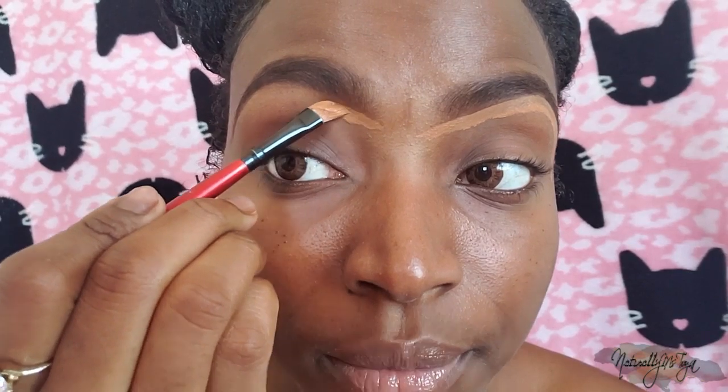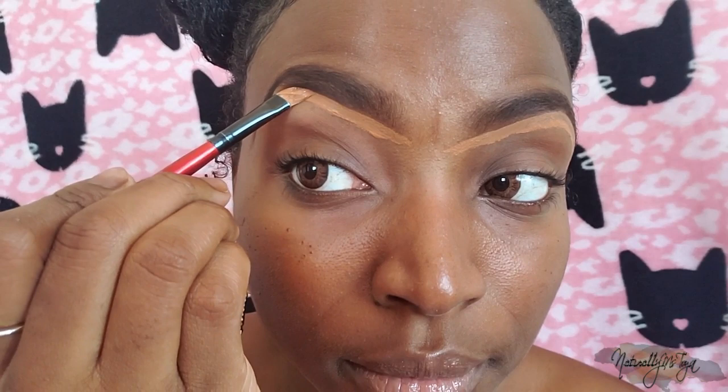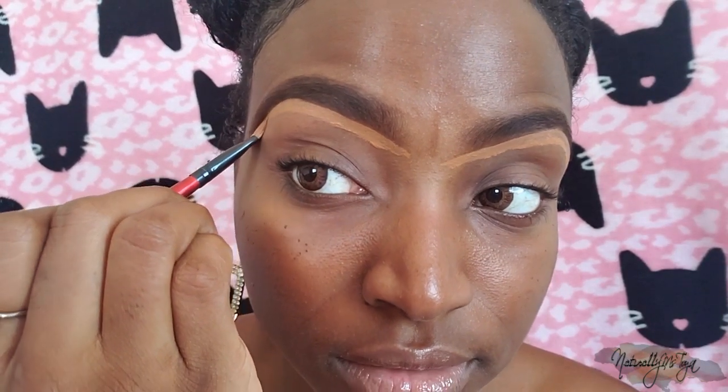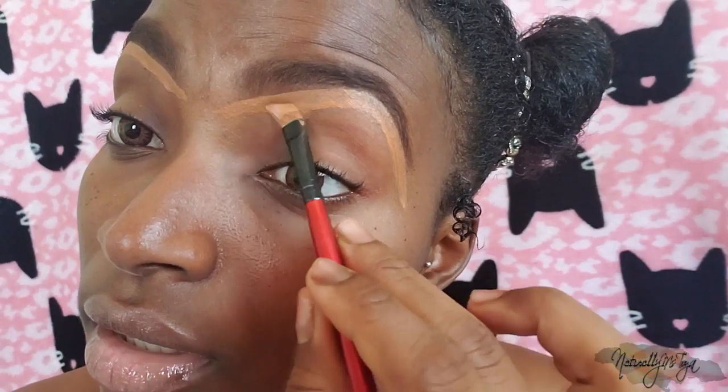I wish I took a picture before, but I didn't. And the key is really to make them even. Try to make the beginning, once you get the beginning lined up properly, then the rest of it is like easy peasy. But yeah,